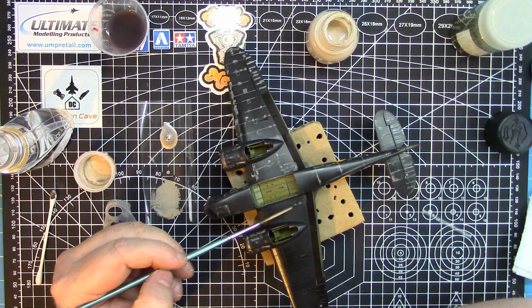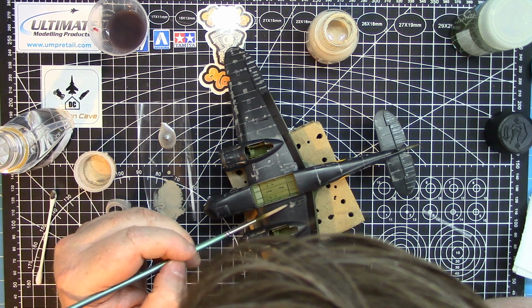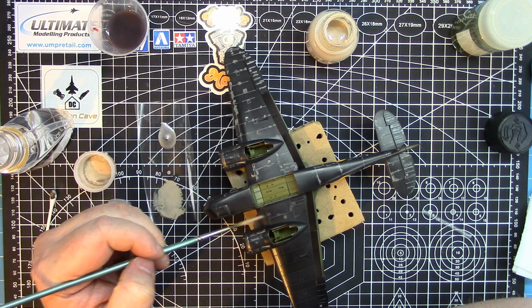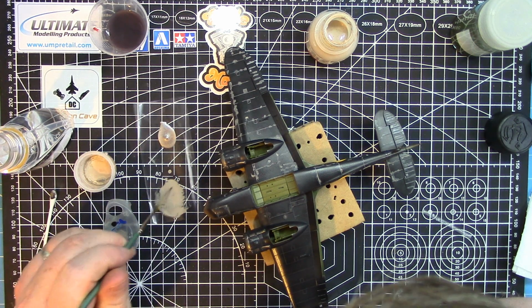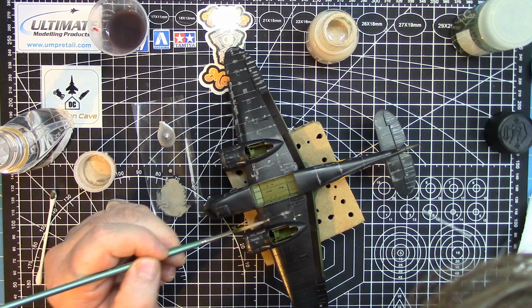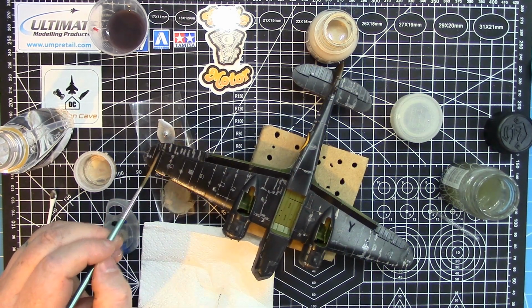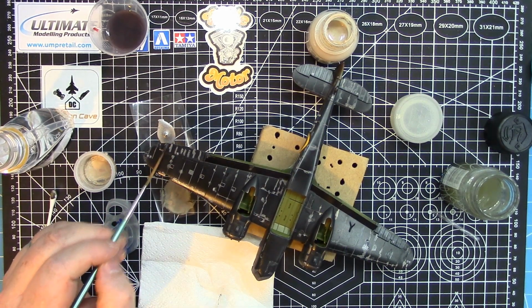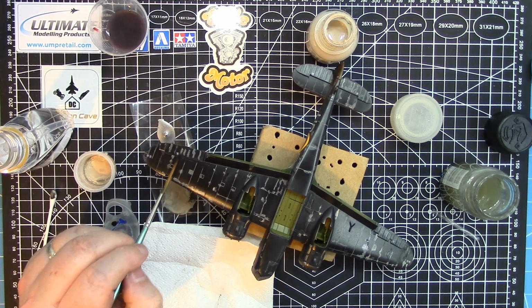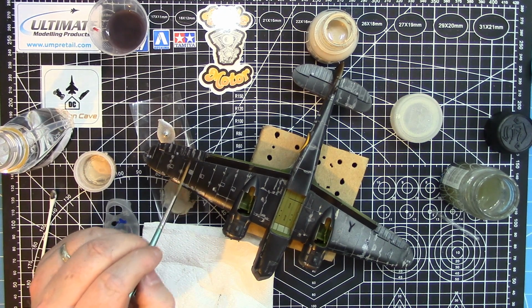I think for me, the Humbrol washes have kind of run their course. I do tend to find that they're very much like a very, very thin paint. Once they're down, if they're left to dry too long, they're very hard to move, certainly with Sansador. And using anything stronger, I tend to find risks attacking the clear coat underneath. But I think with these, as long as you get to them while they're still relatively wet,